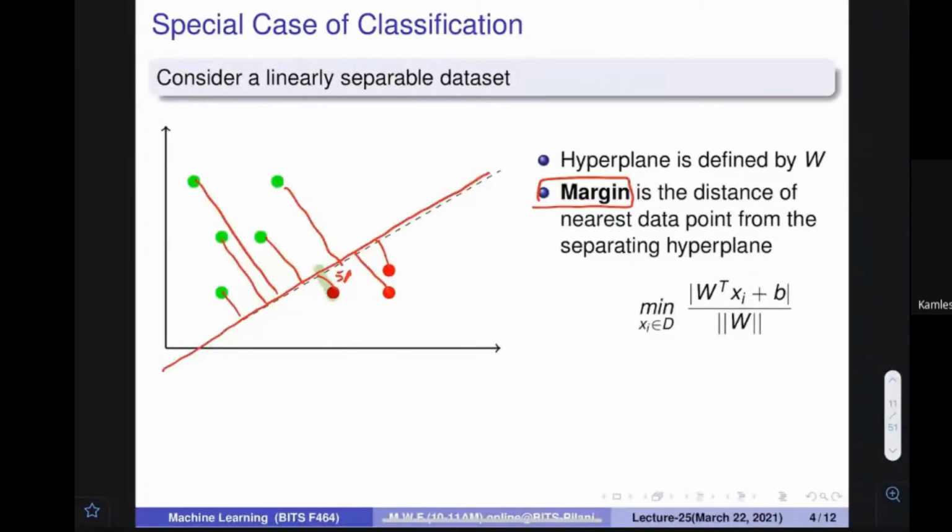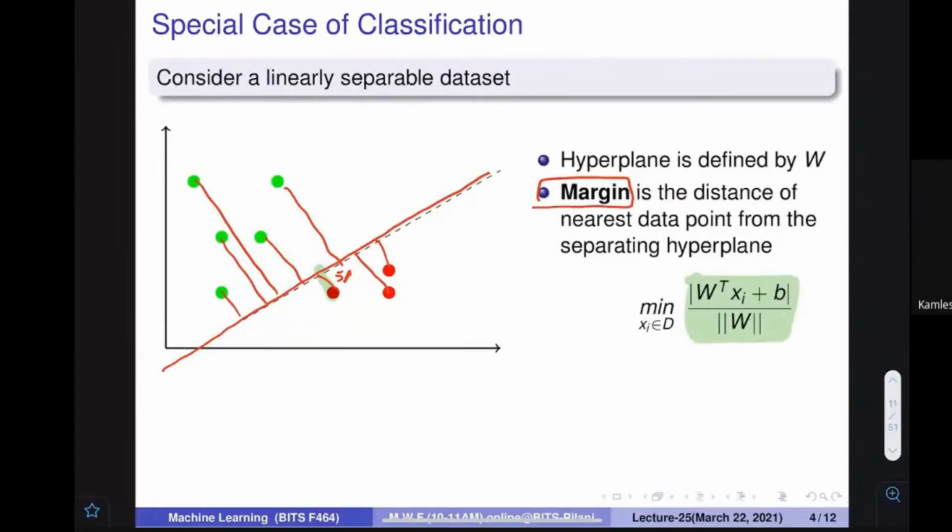Okay. So how can we define this? We can define this in this particular way: for all the data points, you find out what the distance is, and you know that this is the way we find the distance. Now this formula doesn't look alien to you. I understand what this particular formula is. That's why we invested some time so that you understand this formula. You find out for all the data points what the distance is and return the minimum value. Is it fine? Can anybody write yes? Who is happy with this formula? Okay, so this is an interesting formula.